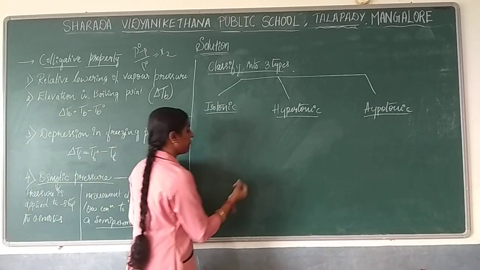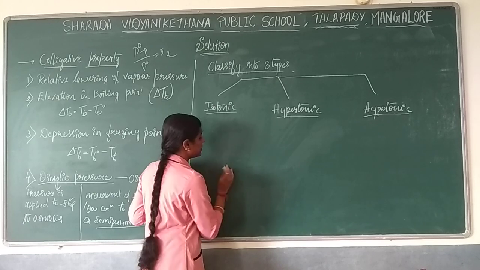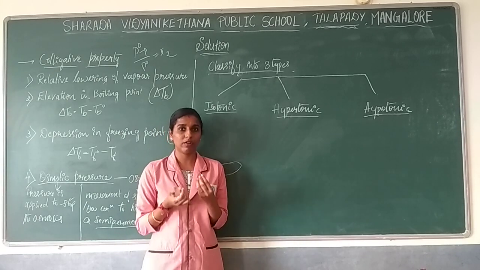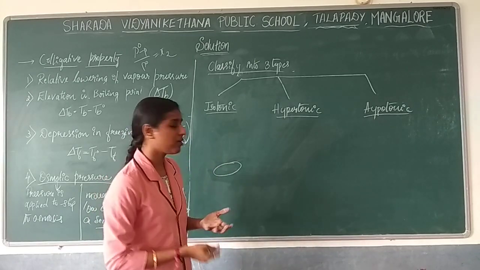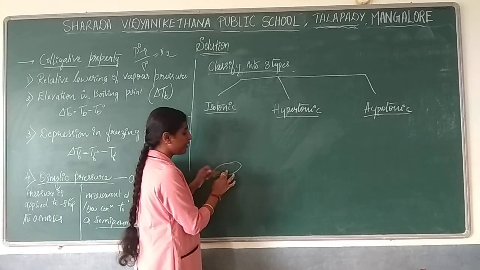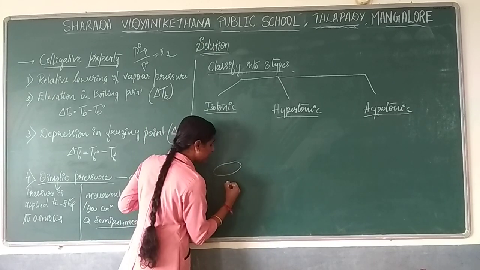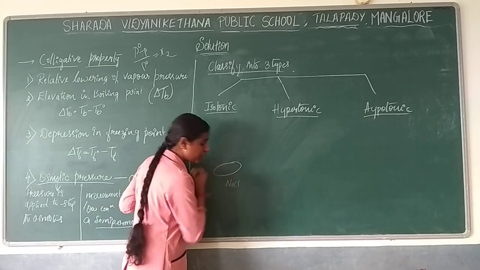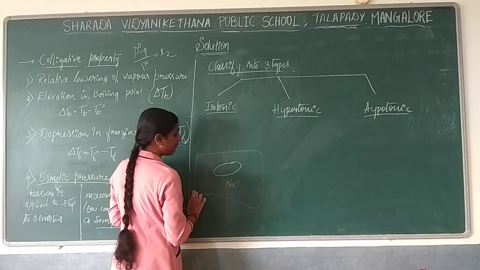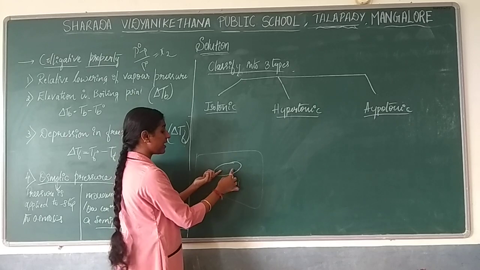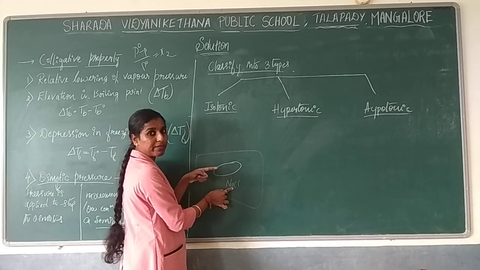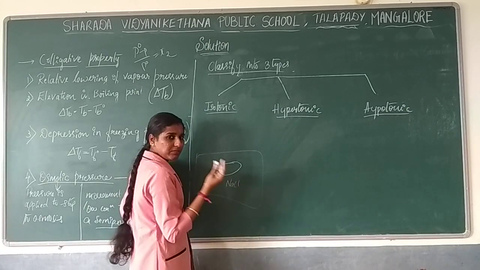Now I will give one example. Now you have a cell. A cell has some amount of fluid in it. So inside the cell it has fluid. Outside the cell you can find the saline solution, NaCl solution, right? So consider this a system where you have a cell with fluid inside, and NaCl solution outside. I am just giving one example.